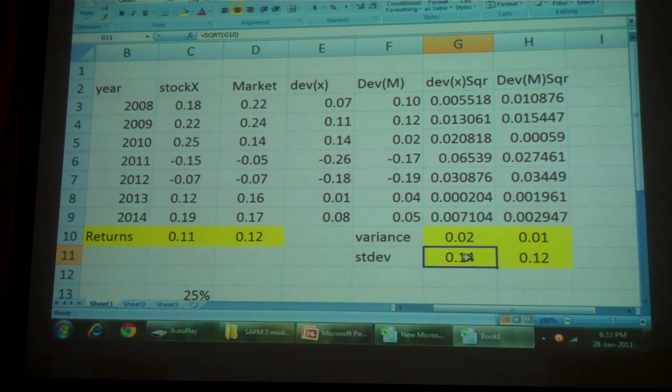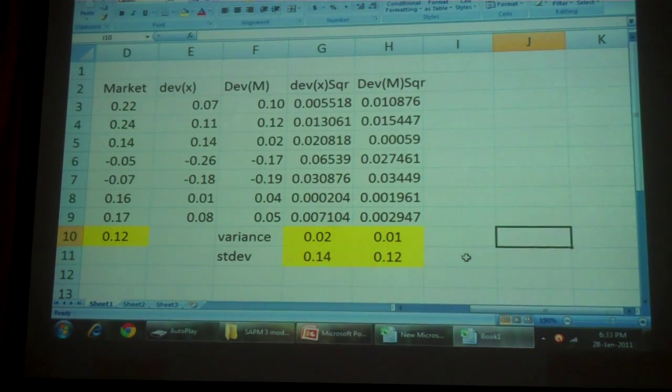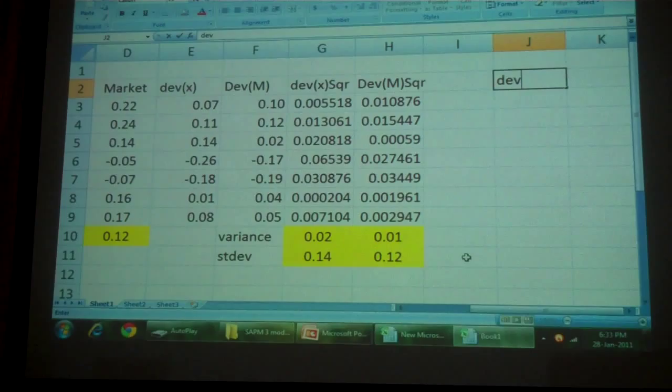Okay. Now how do I calculate covariance? Covariance is the product of deviations, right? So what do I do? Deviation of x into